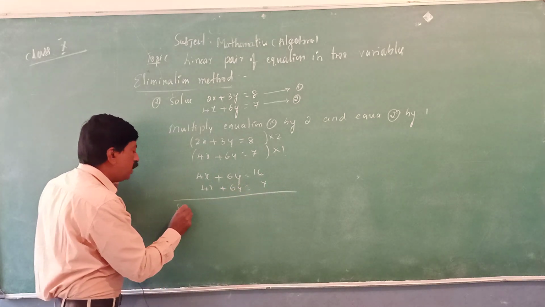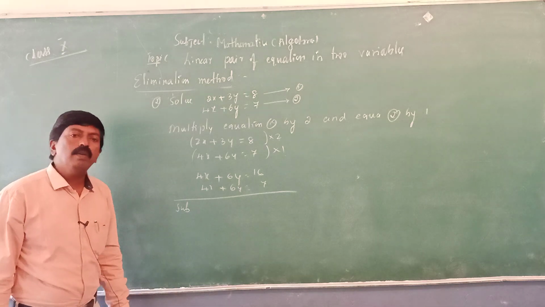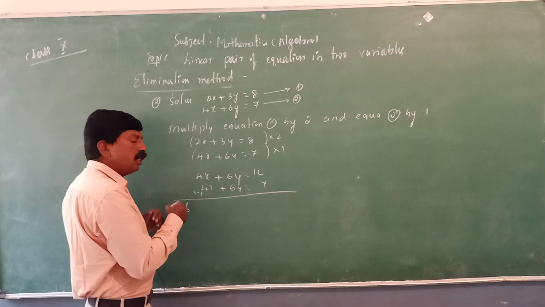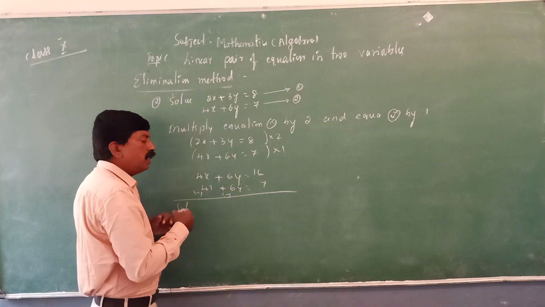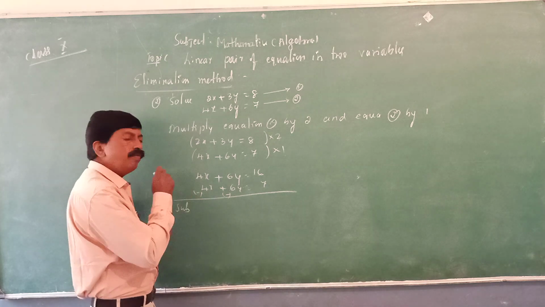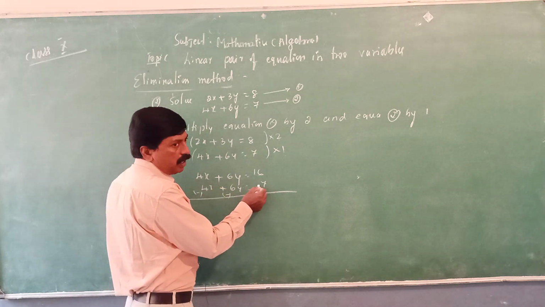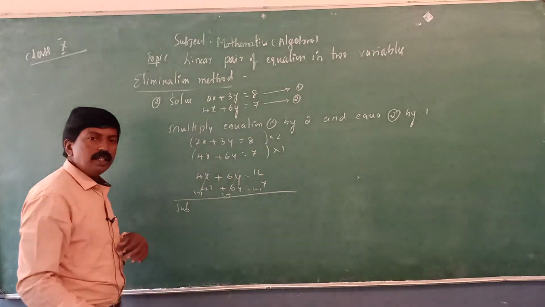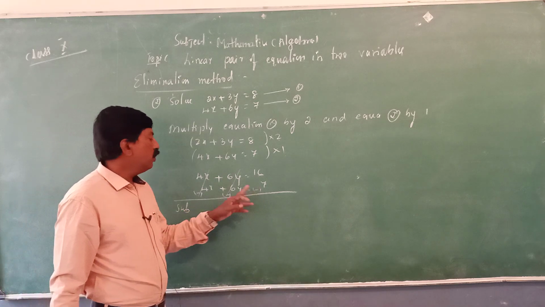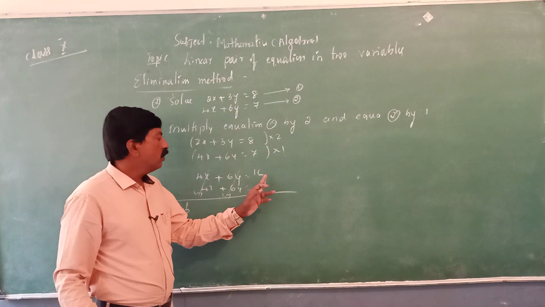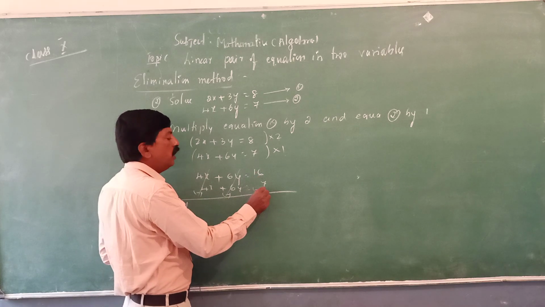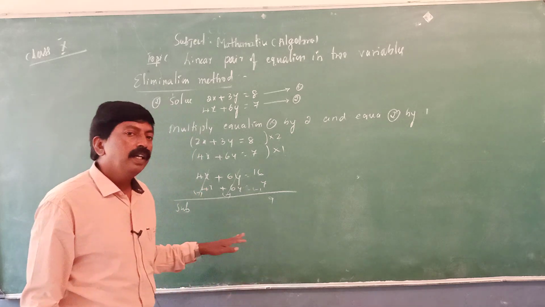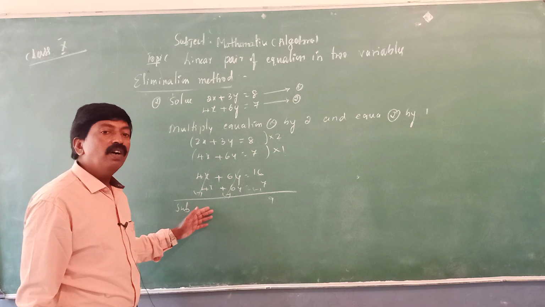So you can subtract these. While subtracting equation 2 from 1, the sign changes. What is the sign of 4x? Minus. What is the sign of 6y? Minus. Therefore plus will become minus, plus will become minus. Here what sign is there? Plus. You can change it to minus. So 4x minus 4x and 6y minus 6y cancel. So on the LHS we got 0. On the RHS, the difference of these two is 9. Therefore it is not possible to find a solution. Then what do we have to do?